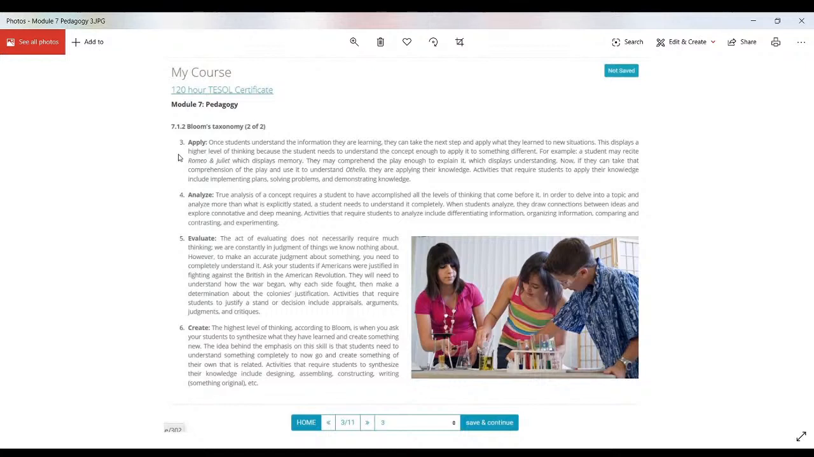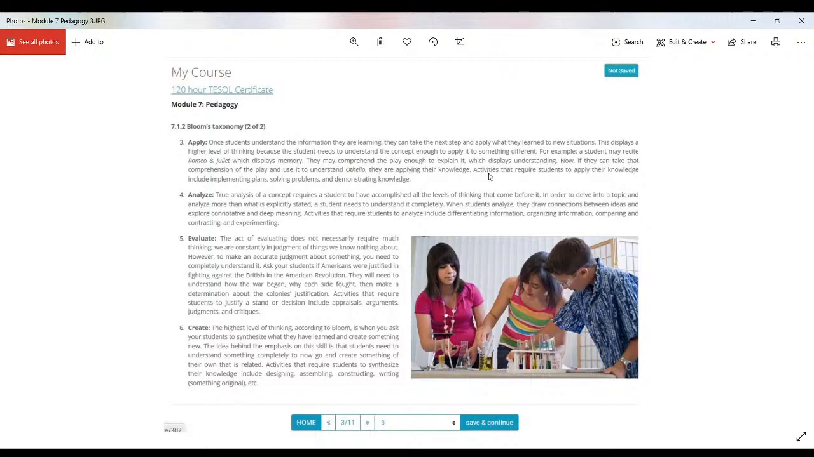Number 3, apply. Okay, once students understand the information they are learning, they can take the next step and apply what they learned to new situations. Okay, this displays a higher level of thinking because the student needs to understand the concept enough to apply it